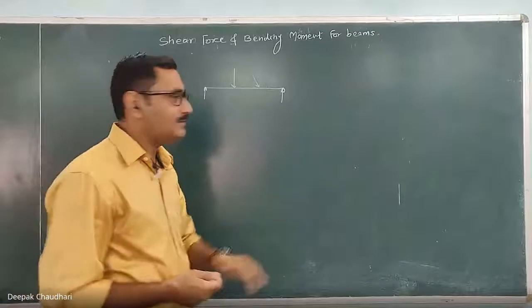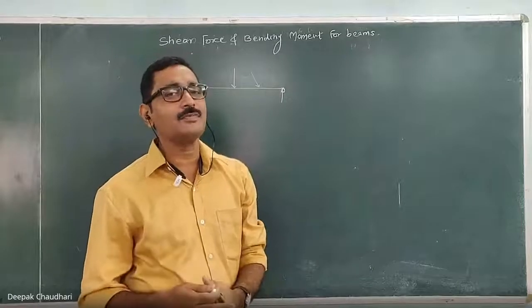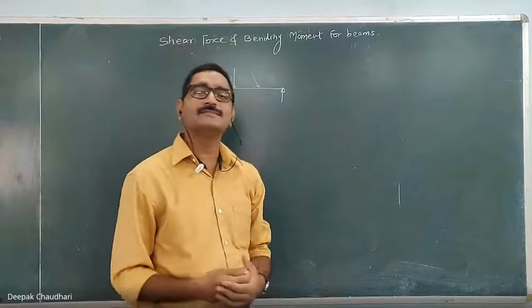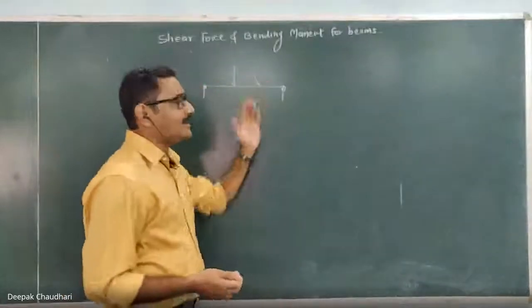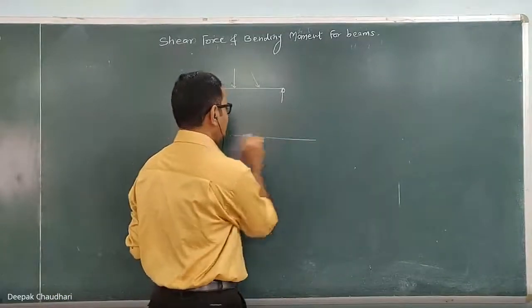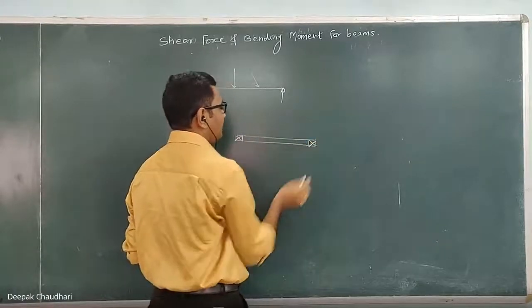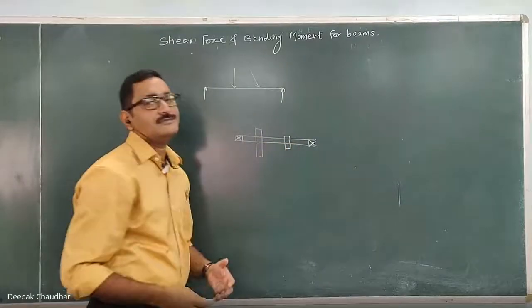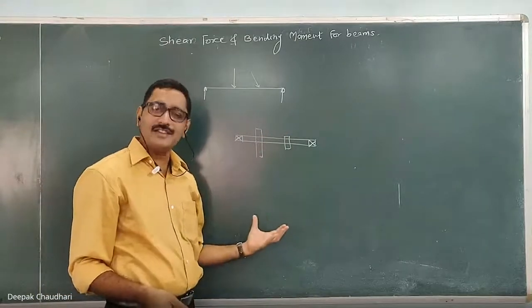Now, for a mechanical student, in this lesson, most of the time I am going to consider this term as a beam, which is a horizontal member of a structure. For mechanical students also, there will be some steel structures that need to be designed. As well, there are a number of components which are subjected to lateral loading even in mechanical engineering. For example, the shaft. A shaft is a horizontal member most of the time, supported by bearings, and on the shaft there are some pulleys and gears mounted, and the force exerted by those pulleys and gears on the shaft is also considered as a lateral loading.